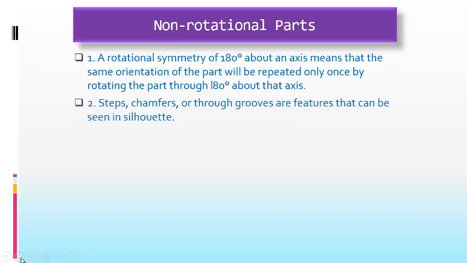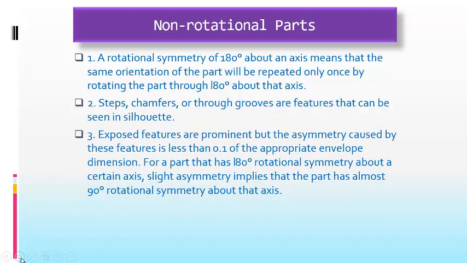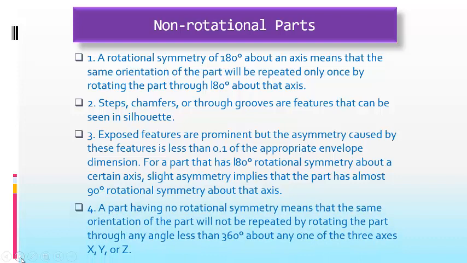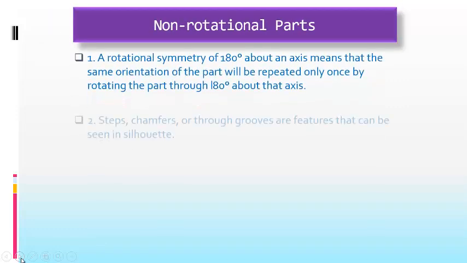Step, chamfer or through groove. Those features, like step, chamfer or through groove, are features that can be seen in the silhouette. Exposed features, that means recesses and something above. I'm not going to go into that, because as I said, if you want to understand this, you need a lot of time, and I just want you to know how they did the design, not how to do the design. And then rotation paths, again,